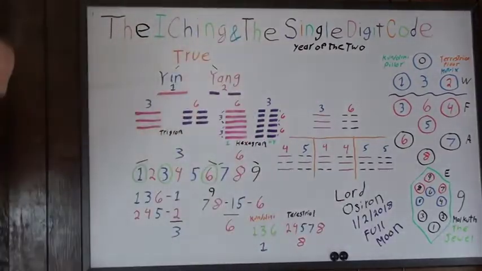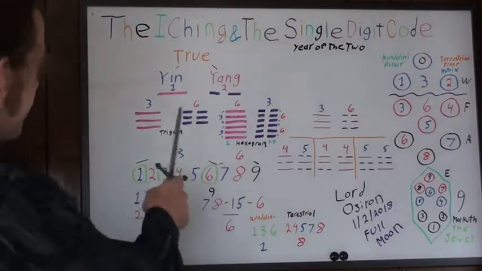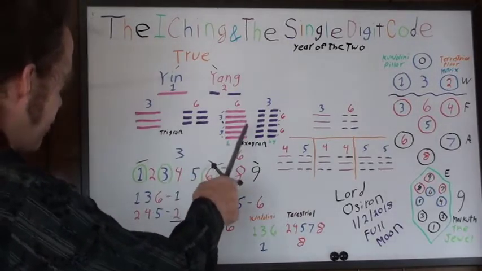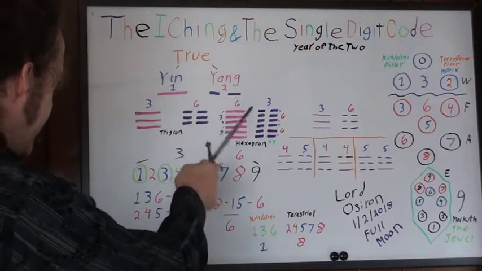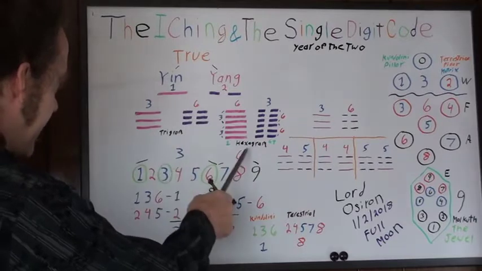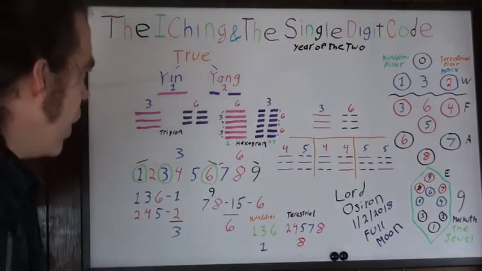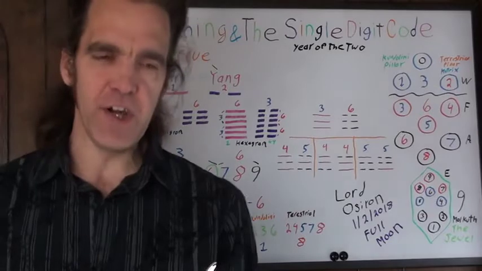Because it's going to deal with 2 main topics, and one of those topics is called the I Ching. I've touched on this on a couple other videos, but I want to really highlight something here because this is important. What you're going to see here is the I Ching symbols, the yin and yang and the trigrams and the hexagrams. But if you'll notice in the last video,